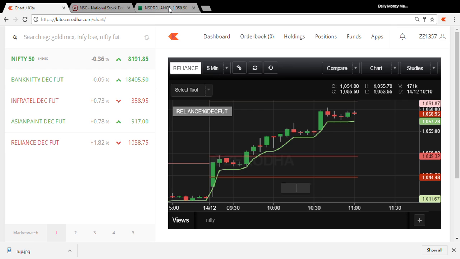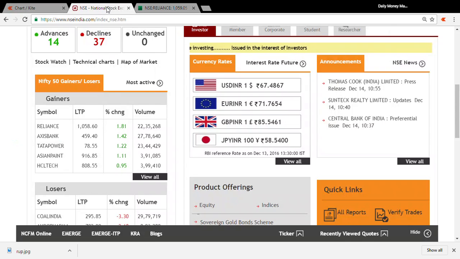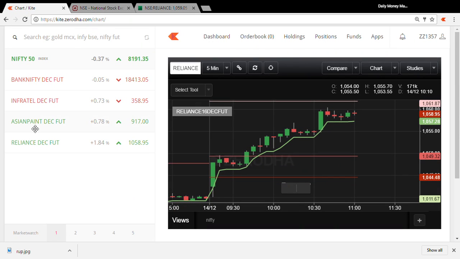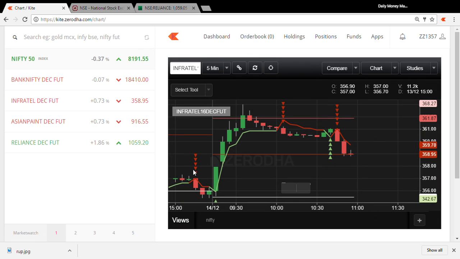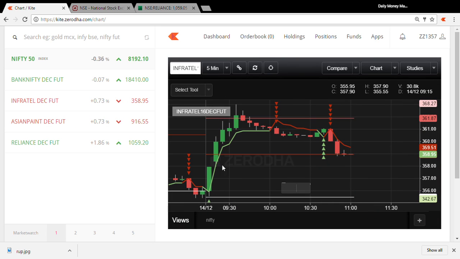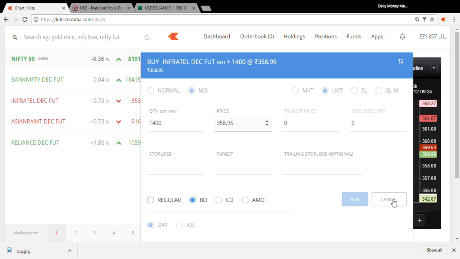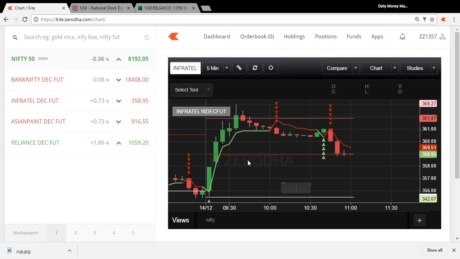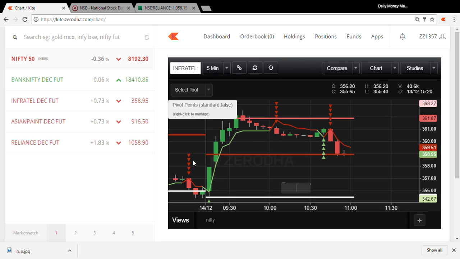In the morning hours, dear friend, I also check two stocks. One is Asian Paints, and another one is Infratel, which is not in the list. So I added these two scripts also, Infratel and Asian Paints. You can also check the Infratel chart. In the morning, it is also constantly going up, and you can enter here or exit here. The lot size of Infratel is 1400, so you can calculate how much profit you want to earn. You can enter at 358 and exit at 362, and maintain your stop loss. When the stock reverses, you can exit, but you can get a maximum profit.